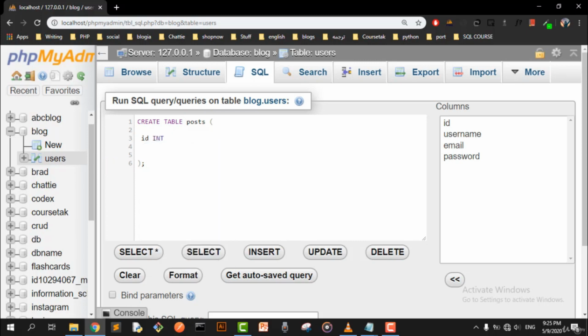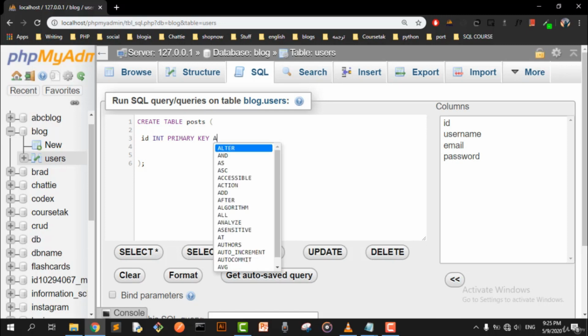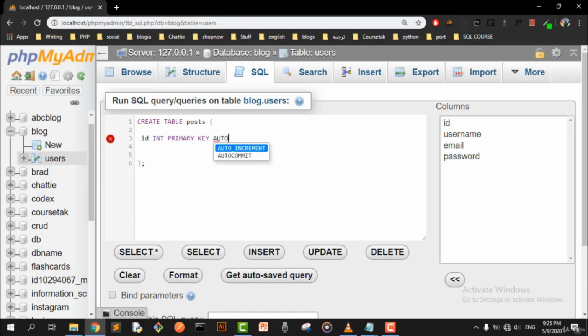INT, which is the column data type, and we are here gonna specify this column as a unique column. We are gonna also try auto increment, which will increment this column, sorry. ID,